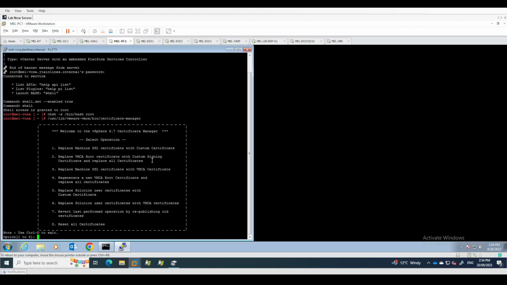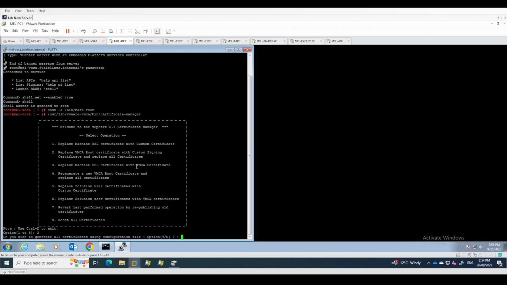So just to reiterate, we're going to make our vCenter Certificate Authority a subordinate authority to our public key infrastructure setup that we created in a previous video. Once that's configured, then our vCenter and our ESXi hosts will all be signed off against the VMware Certificate Authority, which essentially is signed off by our internal root CA. So number 2 is what we're going for,